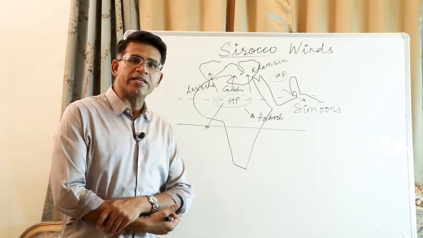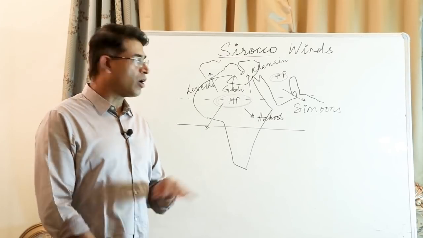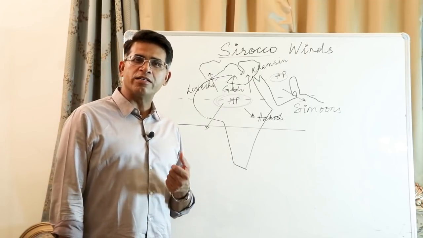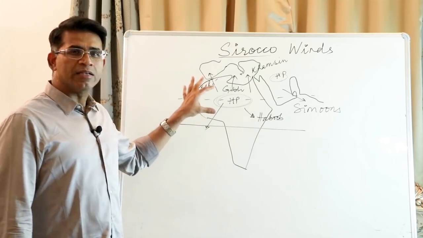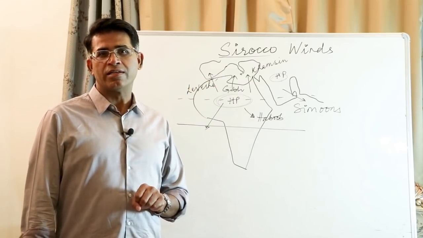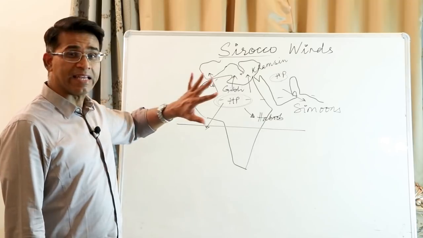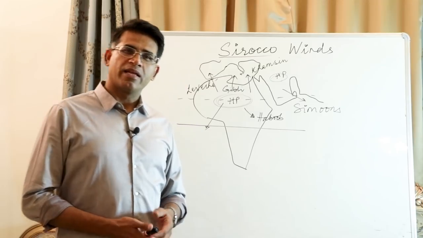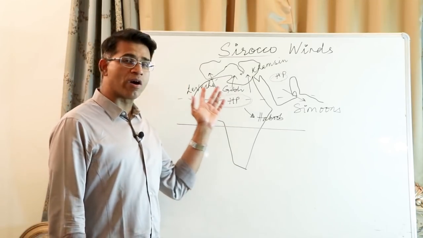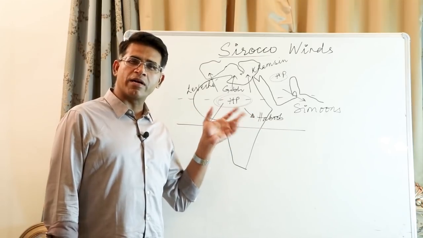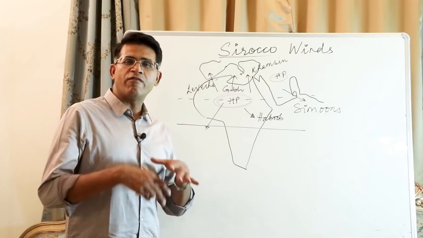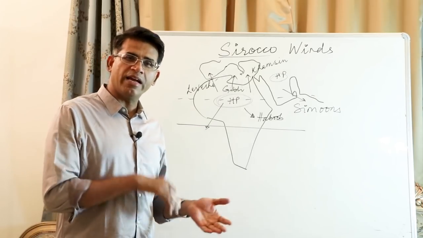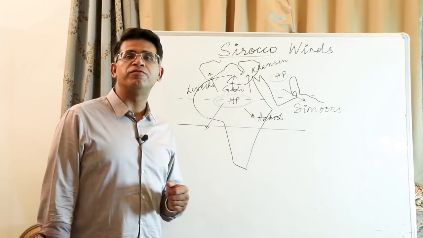What happens here is, the Sahara Desert is a hot tropical desert. It is a desert with very hot conditions. But remember, this is a zone of high pressure cell because of the air subsiding here. This is the subtropical belt. Now many of you have a problem with this. On one hand, we call this hot conditions, warm conditions, the land is very hot, and we assume that the air must start rising because it is hot. On the other hand, I'm saying this is a zone of sinking air,